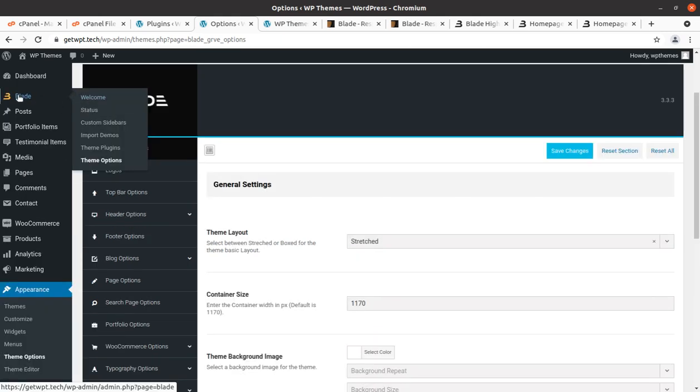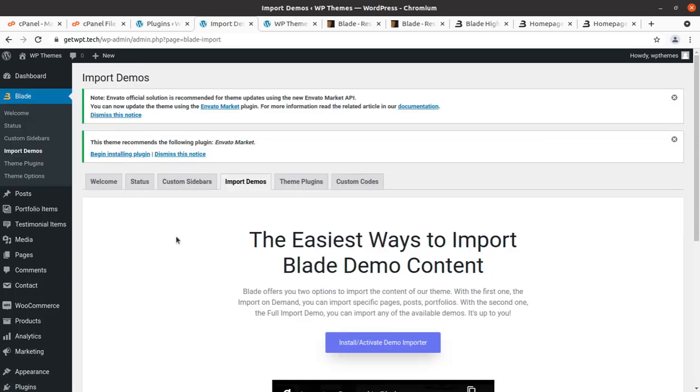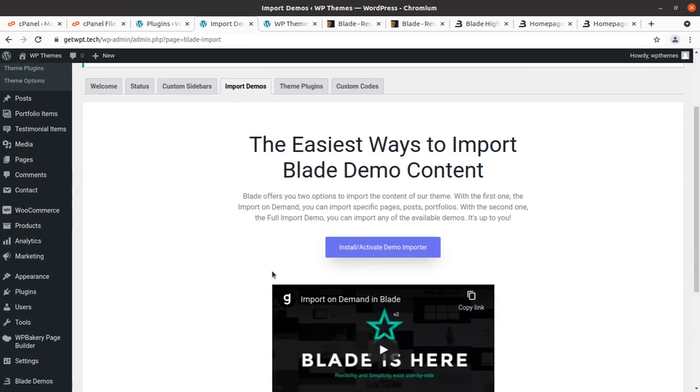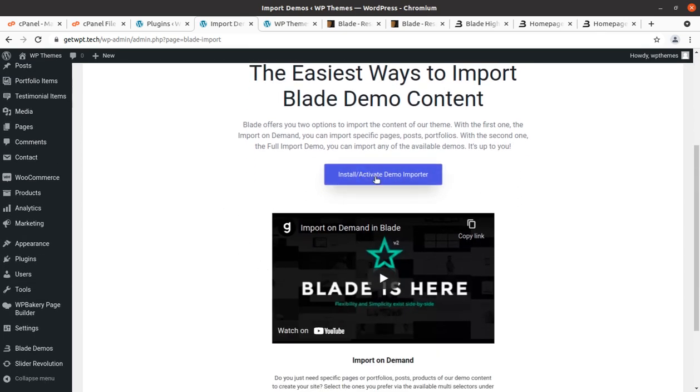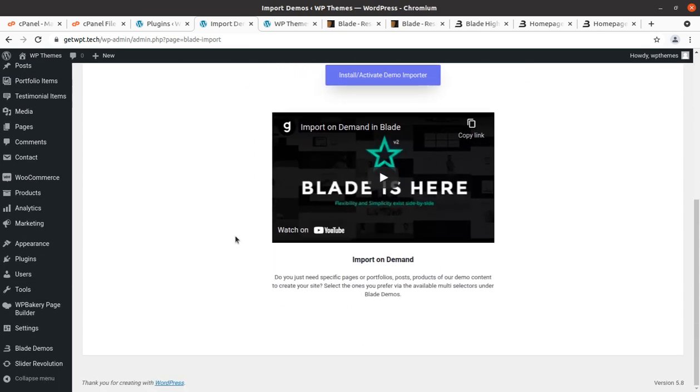So we have a tab in the left navigation. This is for the Blade welcome page, and in this we have import demo options. Simply click on import demos, and it says the easiest way to import Blade demo content, and we have one button given here.